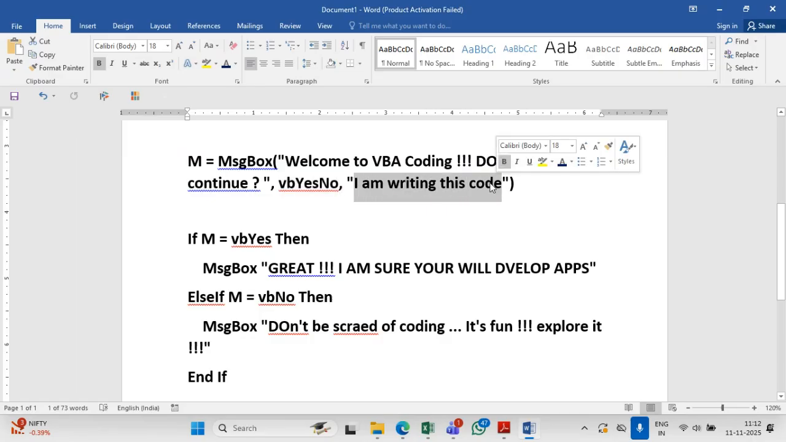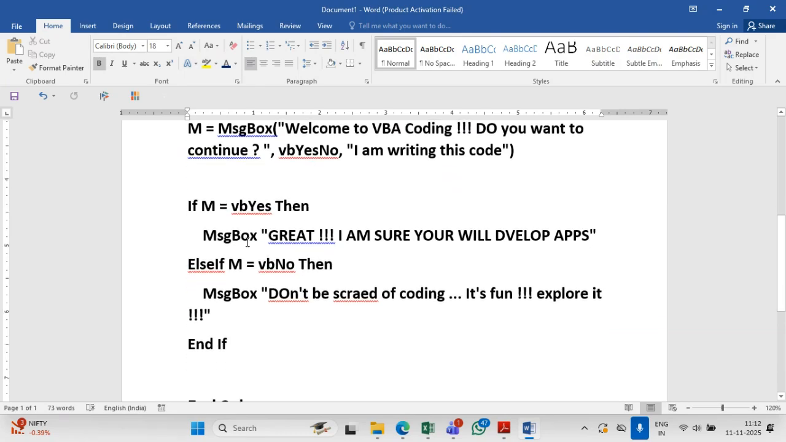I am writing this code. This is my title of the box. So we will check it. If the user has clicked on yes button, then we want to welcome the person. So I have written if M equals to VB yes. It is a reserved word. This we cannot change. If M is VB yes, then give a message that great, I'm sure you will